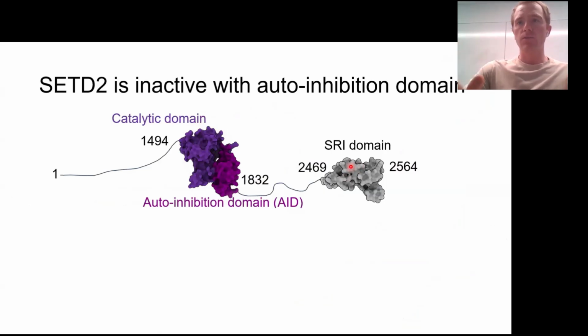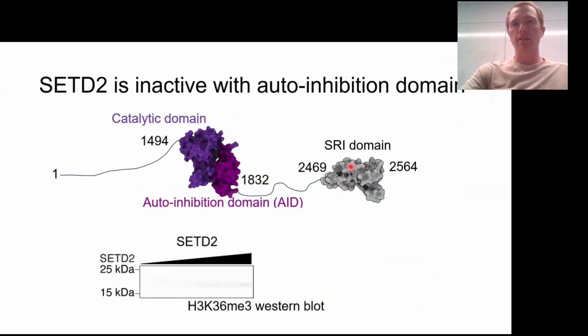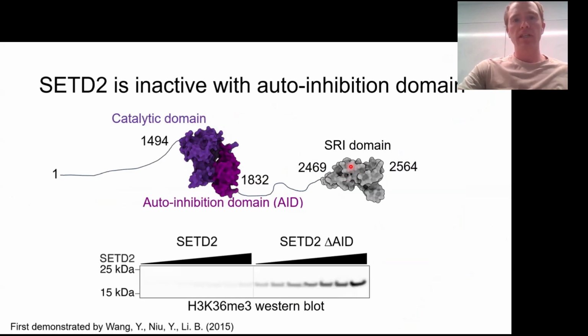Now, if I take this SETD2 construct and I mix it with nucleosomes and try to see H3K36 trimethylation, I see absolutely no activity. However, if I then remove SETD2's autoinhibition domain, I'm able to rescue activity. It's pretty much just saying that this autoinhibition domain is doing exactly as its name implies. It prevents SETD2 from being active, as demonstrated nearly a decade ago. But that kind of begins to ask the question, how can SETD2 function in cells given that it has this autoinhibition domain present? And we can begin to understand how this may be by looking back in literature, because not